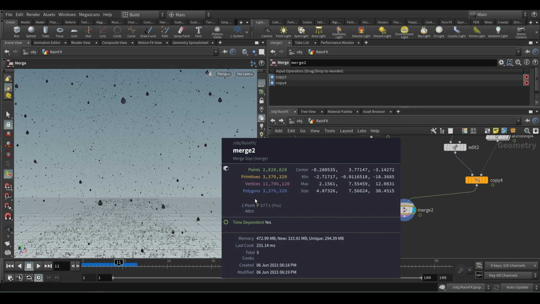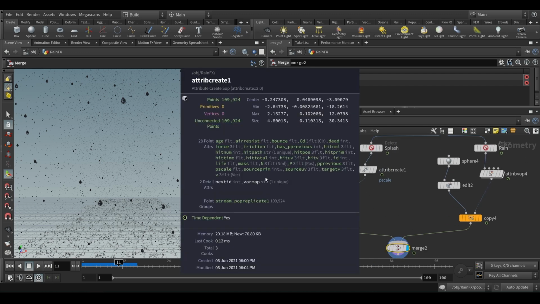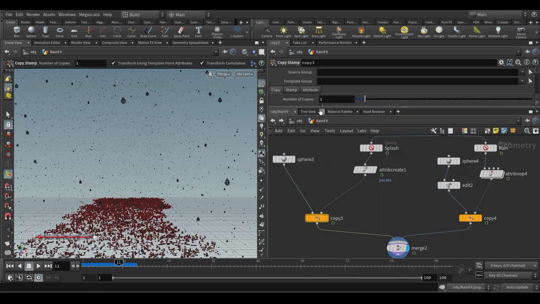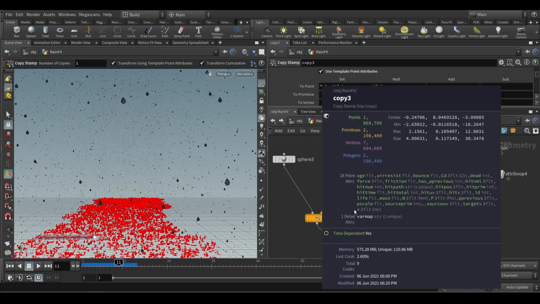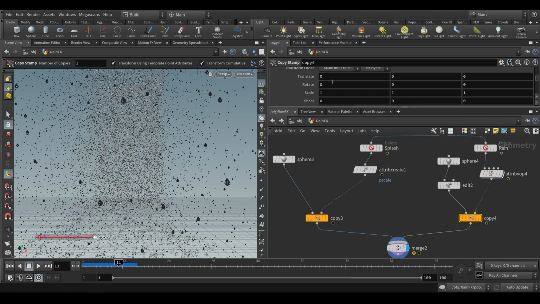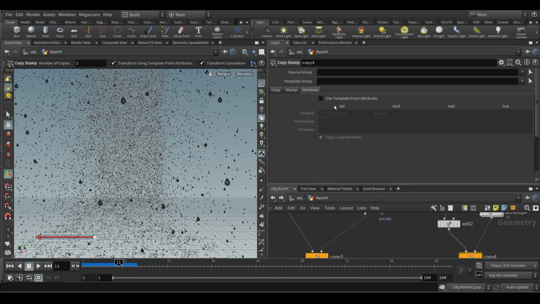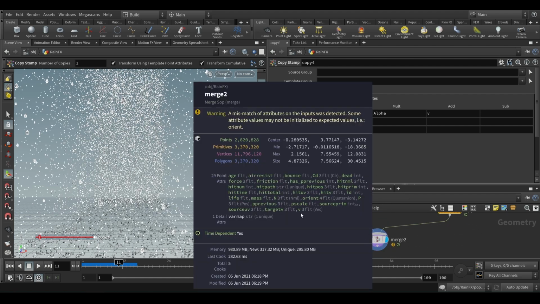Okay, so in the last snow also I mentioned, if there is a velocity, then the motion blur will work. Right now there is no motion velocity coming, but here it's coming, and here it's coming. In the previous class you know that in the copy node there is this attribute that you can transfer. Now it will transfer everything. Okay, see we have velocity, and I'll do the same for this. Go to copy stamp attribute, use the template, then CV, everything is transferred. So we have everything, and there is velocity as well.